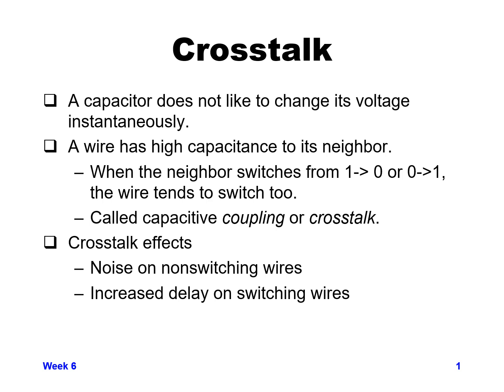And keep in mind that a capacitor doesn't like to change its voltage instantaneously across the capacitor. So if you have, let's say, two neighboring wires, and both of them are at a value of 1, and one of them switches from 1 to 0. Well, ideally you'd like the capacitor between the two neighboring wires to switch from 1 to 0 instantaneously. But in reality, as the neighboring wire is switching from 1 to 0,